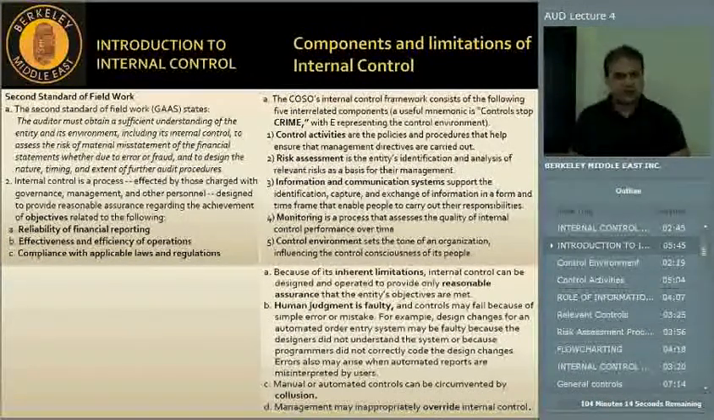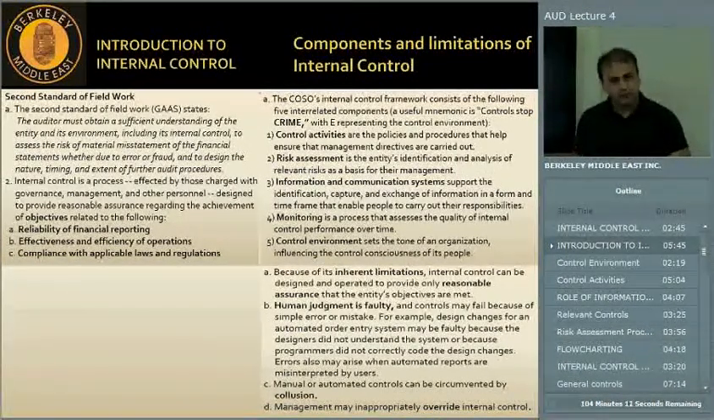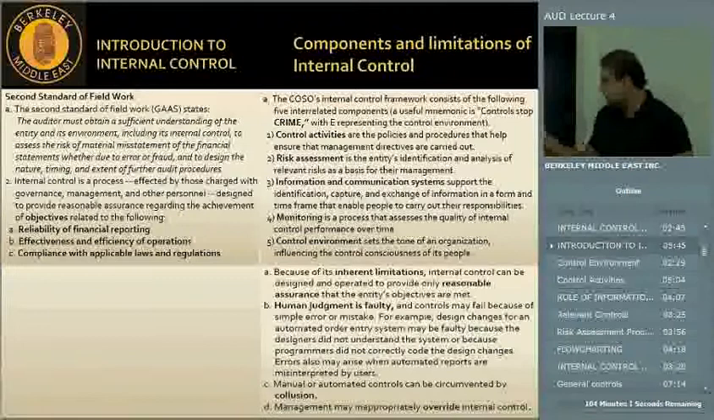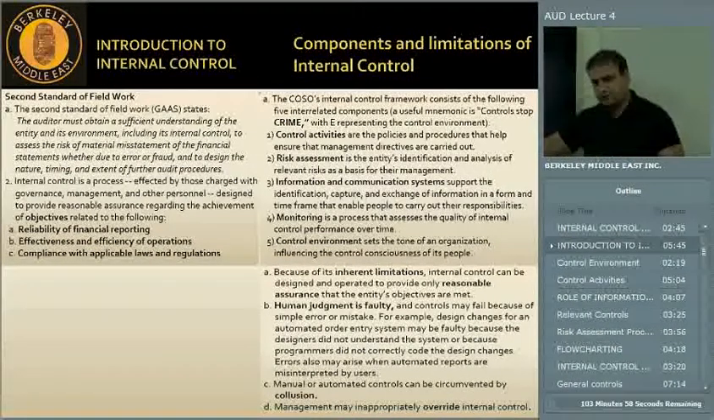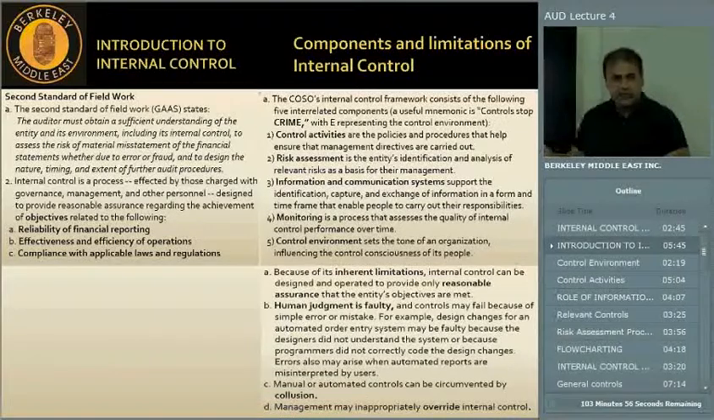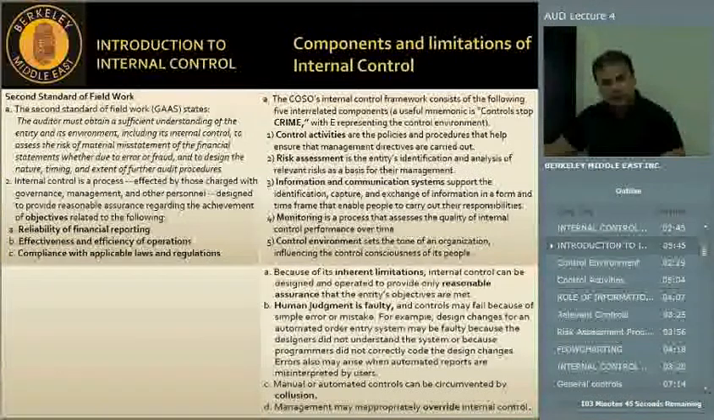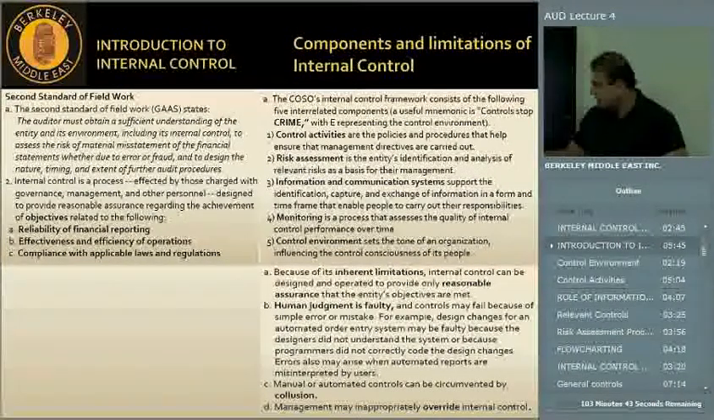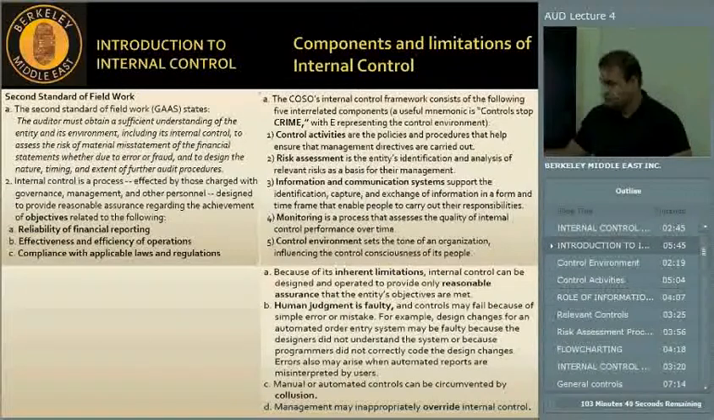What is internal control? It's a process. When we say process, it has continuity and certain stages. It is affected by those charged with governance, management, and other personnel. Designed to provide reasonable assurance. This we have already discussed, that audit does not give absolute assurance, it only gives reasonable assurance. Regarding the achievement of objectives related to the following: reliability of financial reporting, efficiency and effectiveness of operations, which will come from test of control,